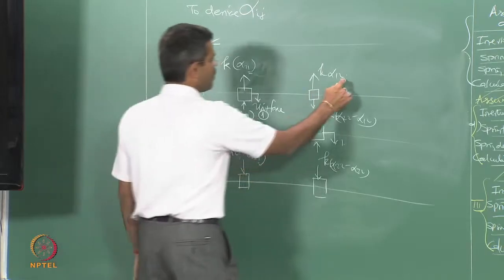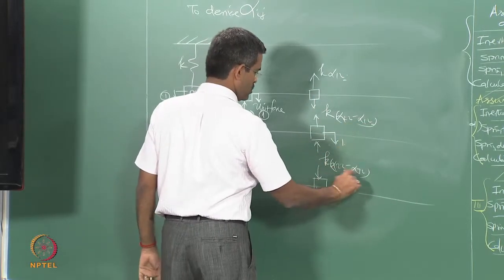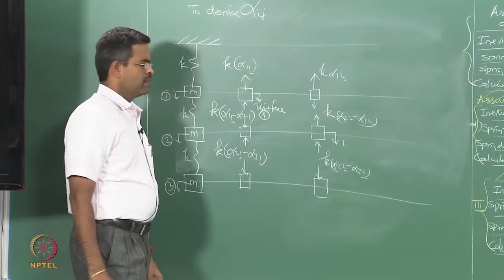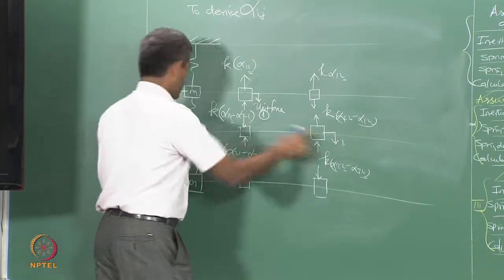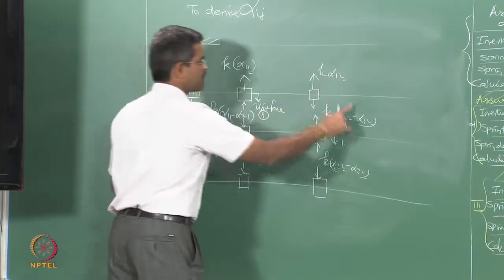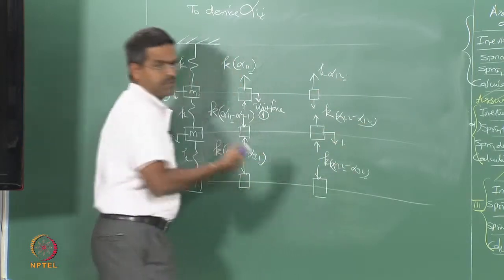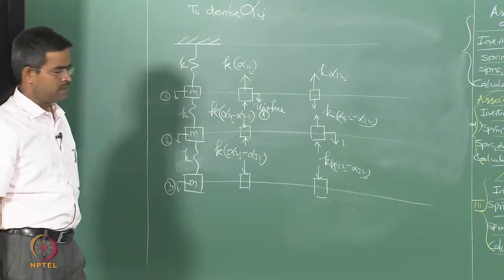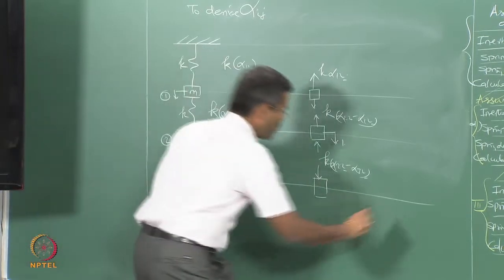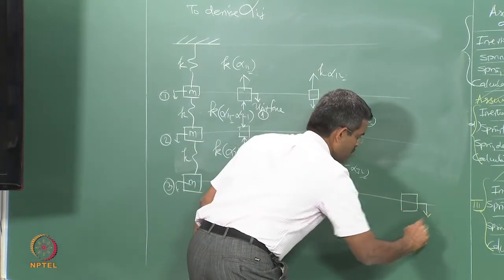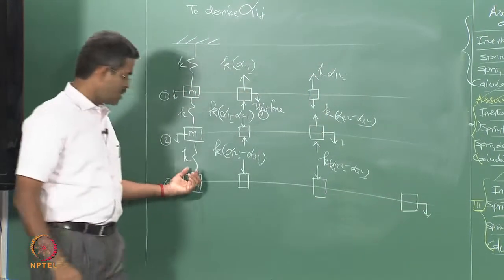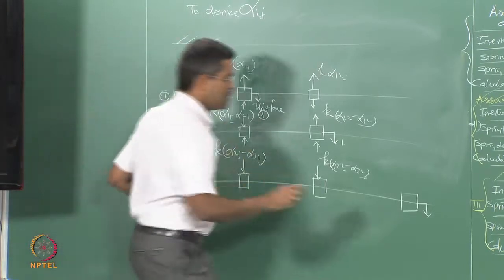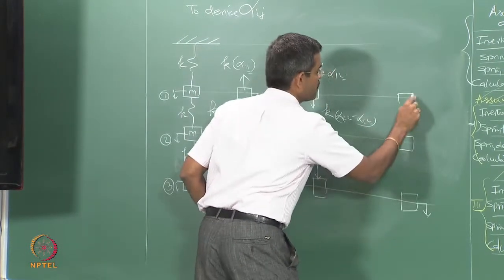The second subscript will indicate 2, showing that we are giving unit force at the second degree, and the first subscript will refer to the respective degrees of freedom at which we are measuring the forces. Similarly, the third one, give unit force at 3. When you try to pull the mass down, this spring will try to push it up. So, always mark it as a spring.